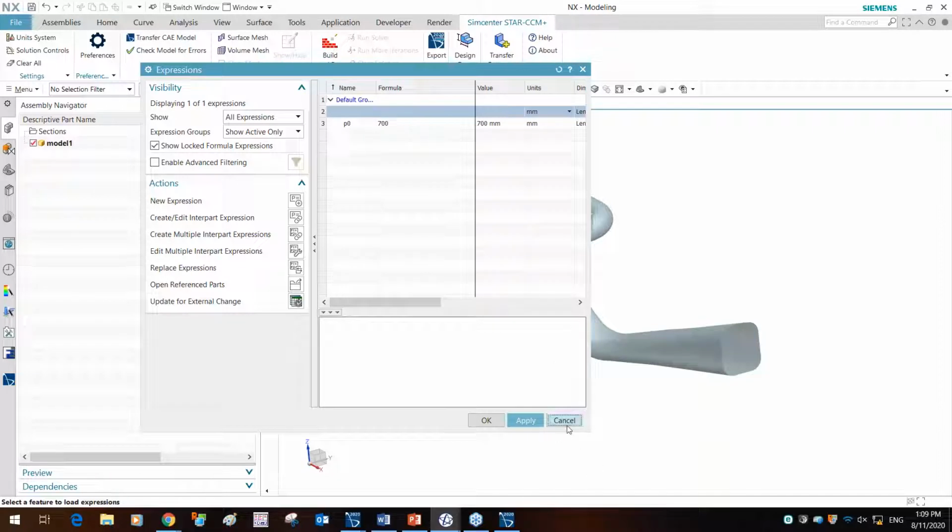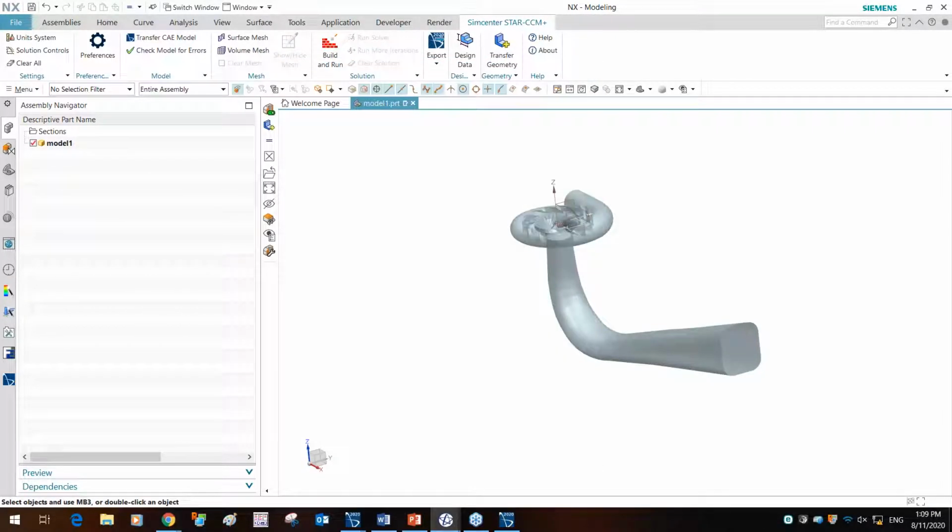Now, the key idea for why we're doing this is to parameterize the model for design exploration. So we can then use these CAD parameters directly in the optimizer without much user input. Just a reminder, the bidirectional CAD associativity is there for CATIA, Creo, Inventor, and NX. However, it's important to note that there's a fully fledged 3D modeler in Star CCM Plus.